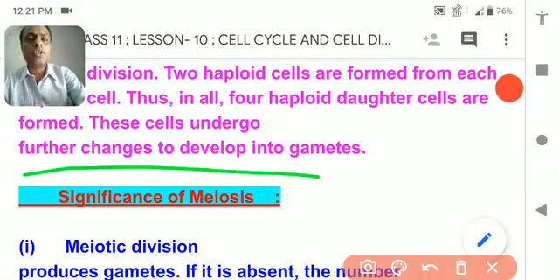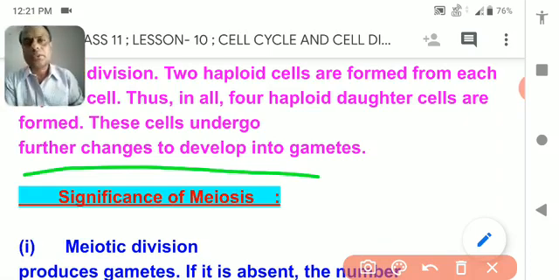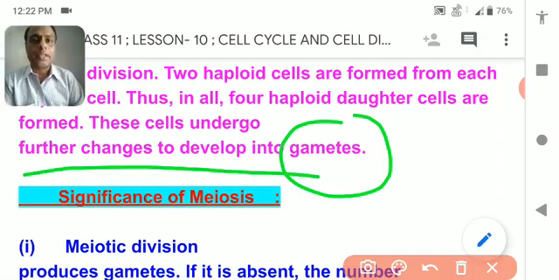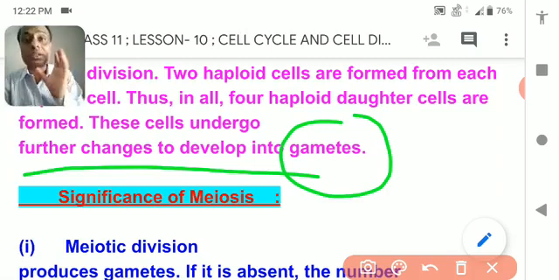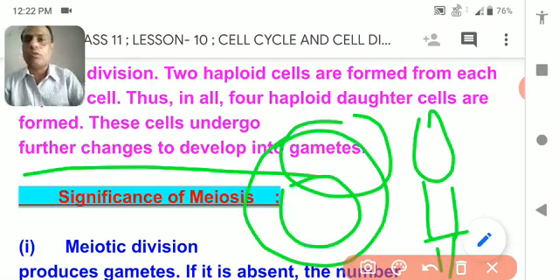The four daughter cells that have been formed undergo different changes in the formation of gametes. For the formation of gametes they change further, and either it becomes a sperm or an ovum. So at that time they have to modify themselves accordingly, because this is only a cell. In case of sperm, the tail formation and the middle piece formation take place, and in case of ovum, a thick rigid outer wall formation will take place. So these are the things.